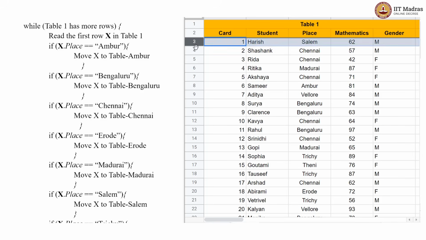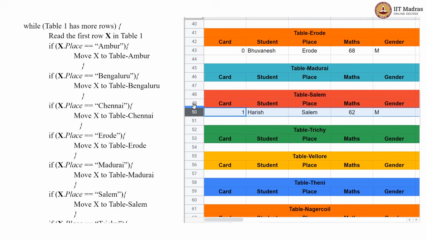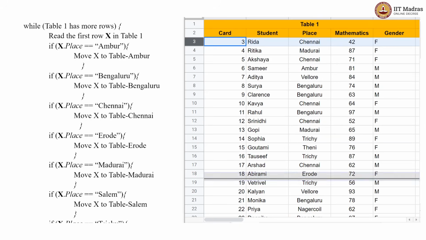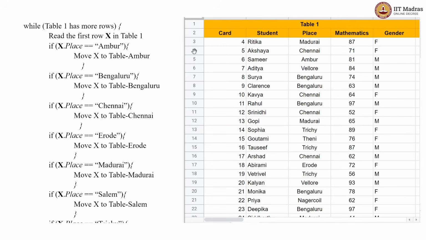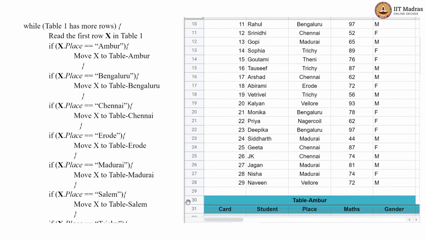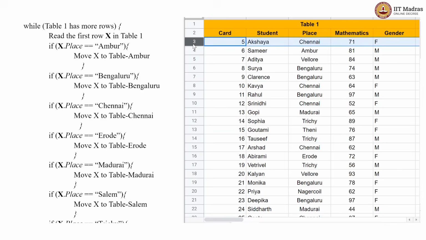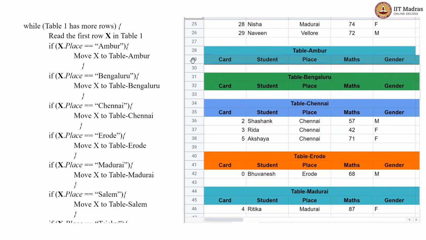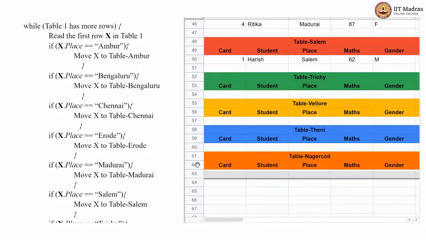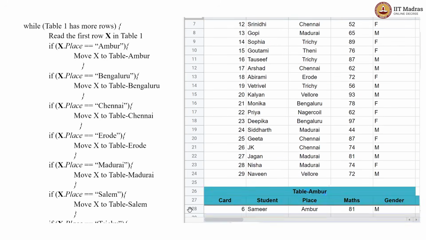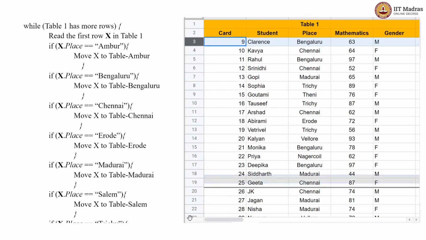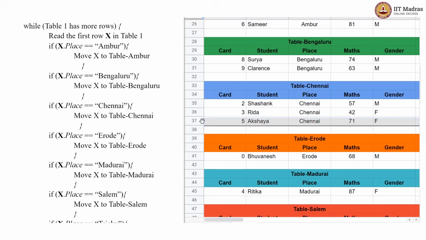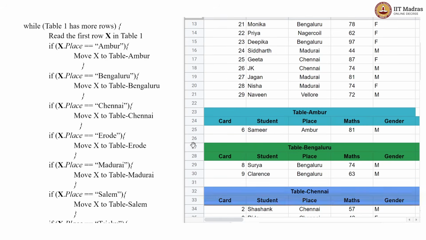And likewise, this goes to the Salem table, this goes to the Chennai table, again Chennai table, Madurai table, Chennai table again, Ambur table, table Vellore, table Bengaluru, Bengaluru again, Chennai, Bengaluru again,